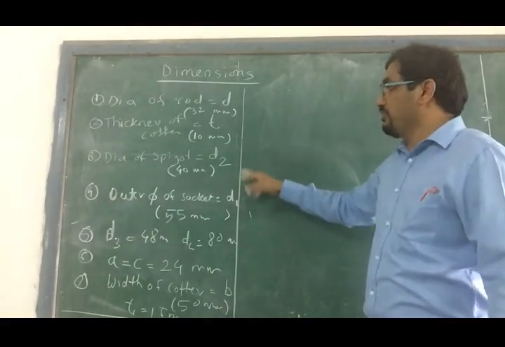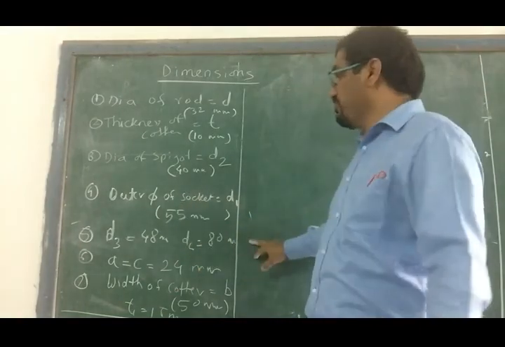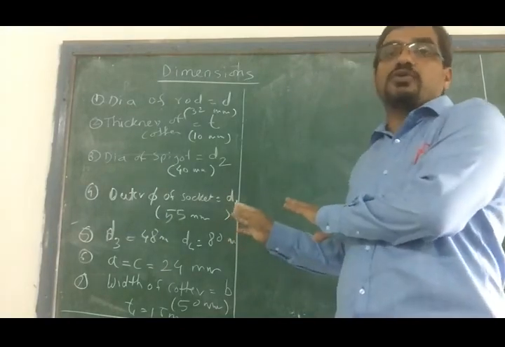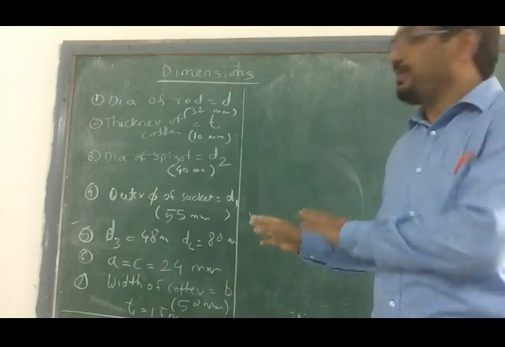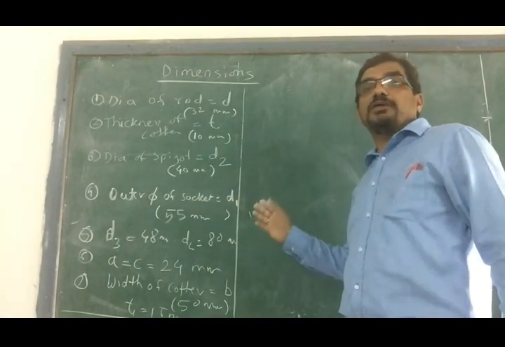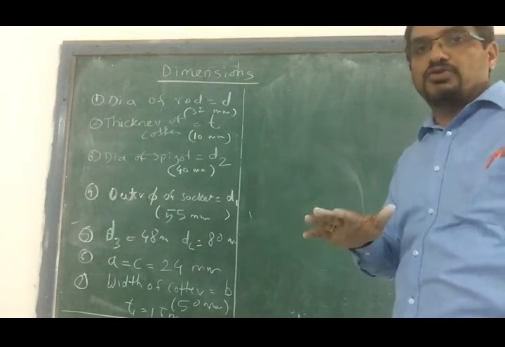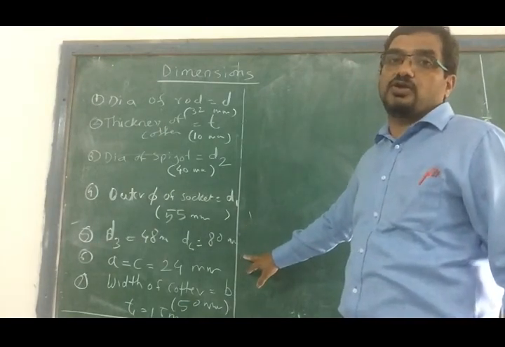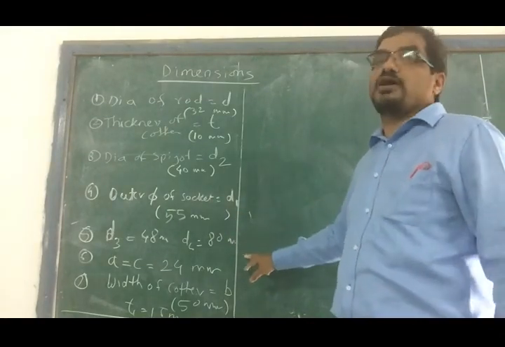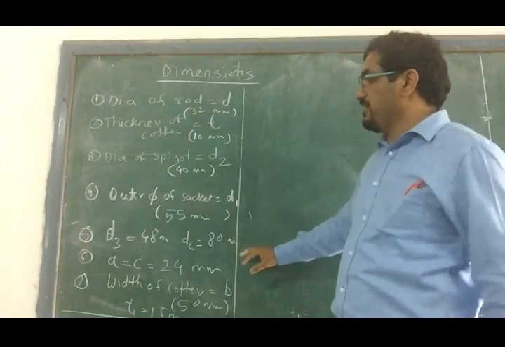Once we know D1 and D2, we can find D3 and D4. For this we used empirical relations to get the dimensions, but we verified those with the crushing and shear failure checks. We are verifying whether these dimensions are correct or not. If the empirical outputs are failing, then you have to modify or increase those dimensions. So then we got D3 and D4, the different diameters of the collars.